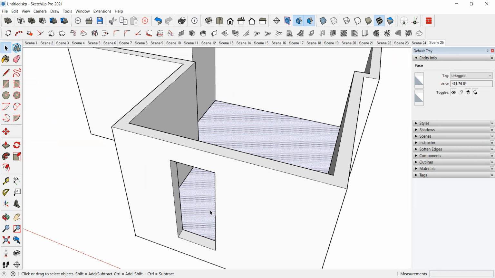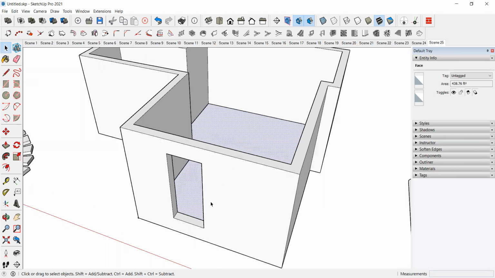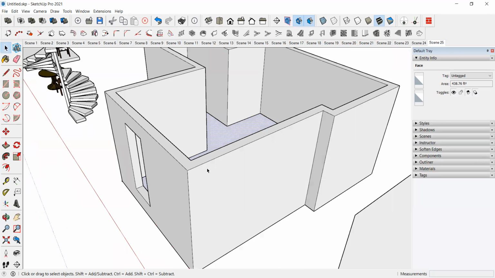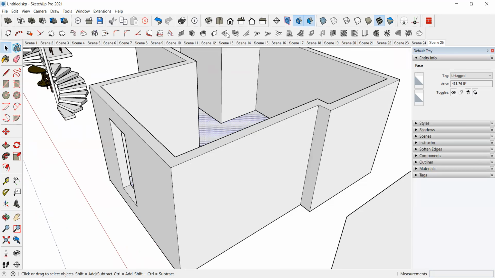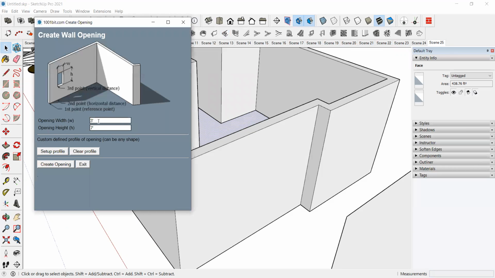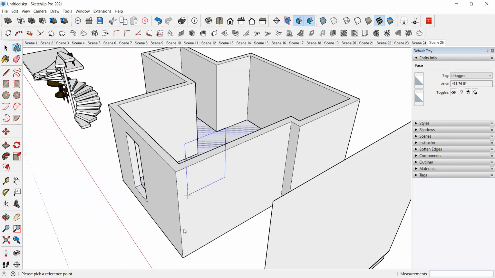No need to take reference line, create drawing rectangle and push pull. So directly it will create the door for us. In the same way, windows also you can create. So window width 4 feet by 5 feet. Create opening. Okay. Take the reference point.